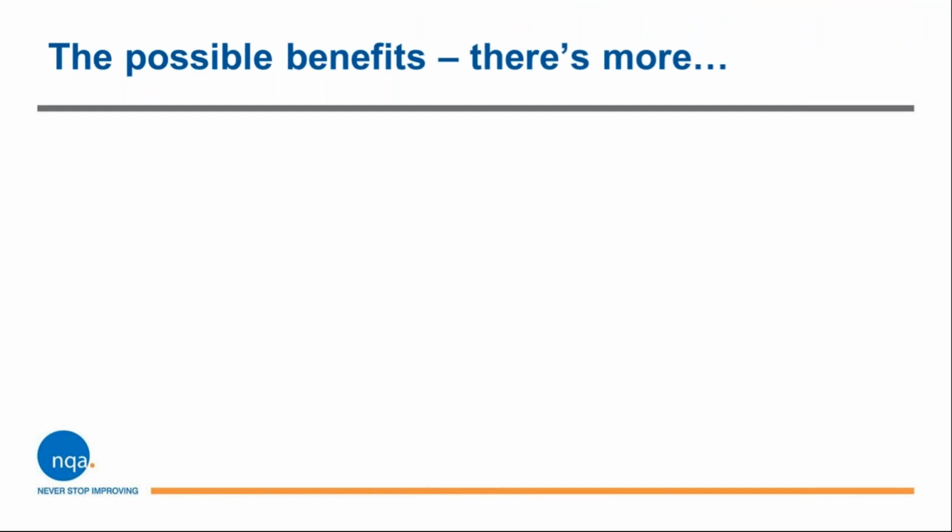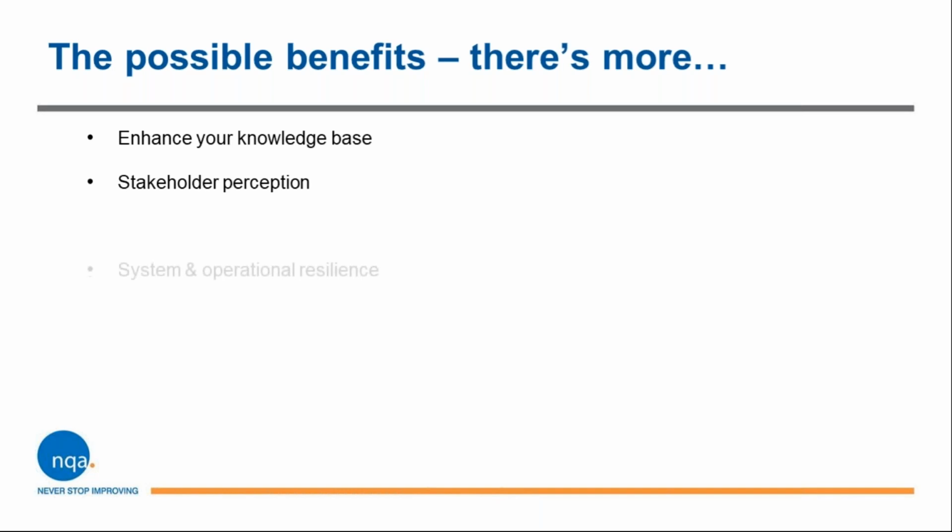Now there's a few more. I think try to think of as many of these as we could to make it as value added. Obviously, your knowledge base, keep that in mind. Obviously, enhancing and expanding your knowledge can address uncertainties within what you do. Obviously, stakeholder perception, we've spoken about that previously, the idea of this perception of what you do and the uncertainties associated with it. System and operational resilience, obviously you can look at how to make a more stable system, and ultimately you've got some resilience built in there.